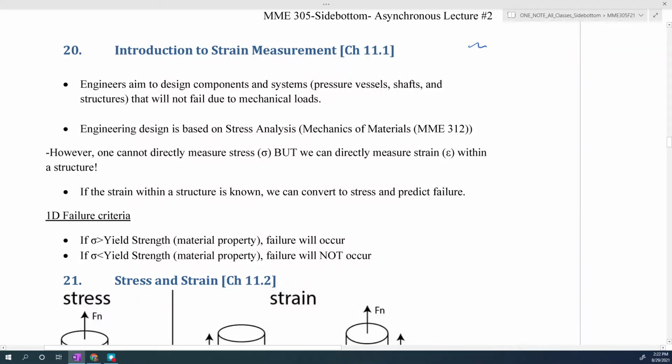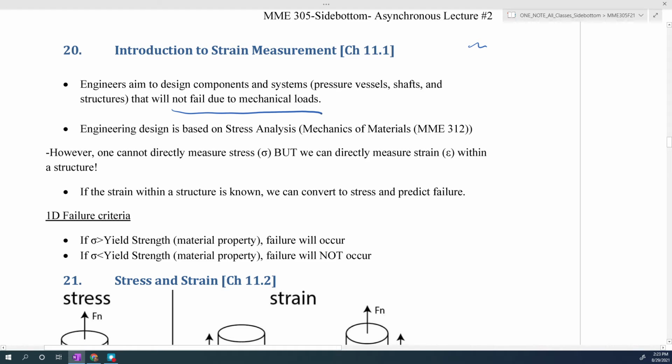So strain measurement is going to be the topic of today's video, and this entire lecture and the next lecture as well. The reason engineers are so interested in measuring strain is because when engineers create a design, they're trying to design systems that will not fail due to mechanical loading. All different types of structures we design to not fail due to mechanical loading, and all of these